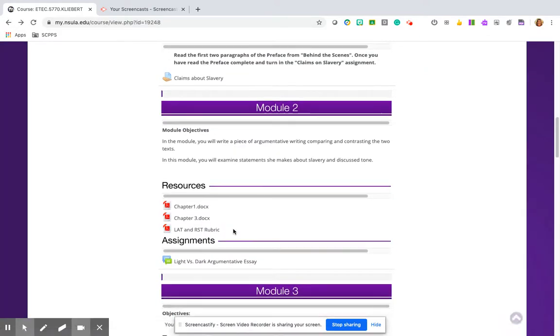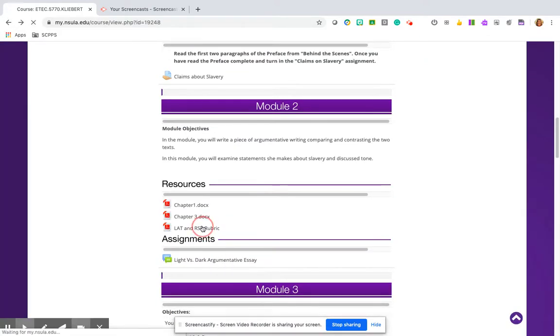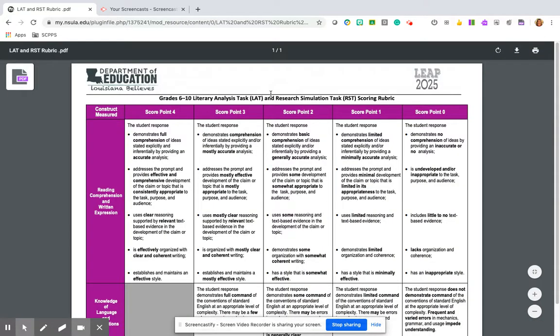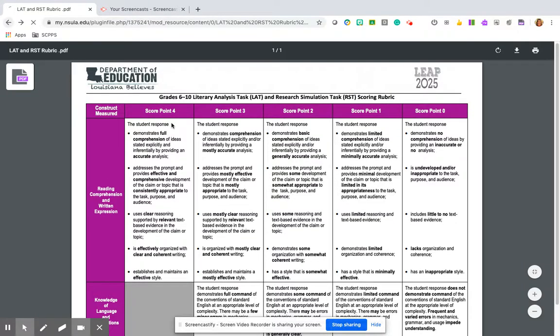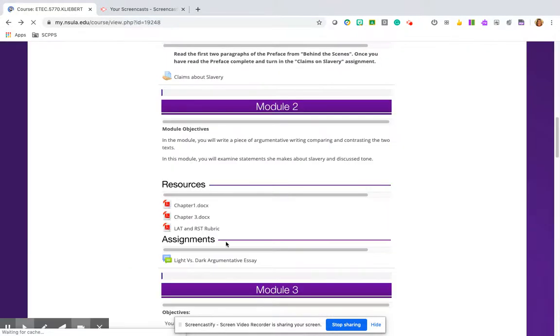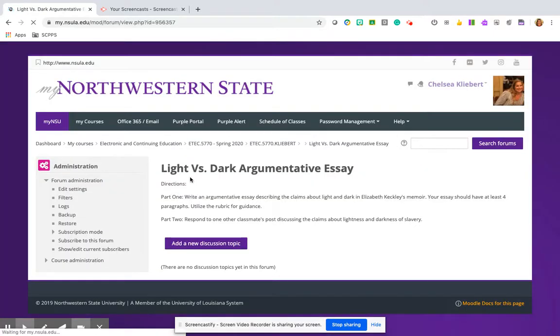Then they're going to write an essay. I also posted the rubric that I will be using to grade them, so they can also grade themselves on their essay. This light versus dark argumentative essay is in her first 2 chapters.